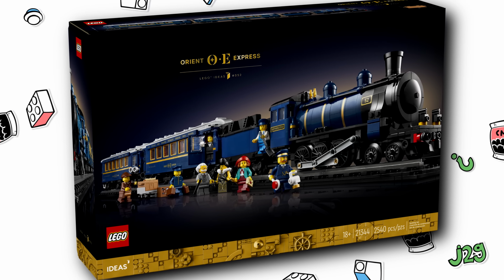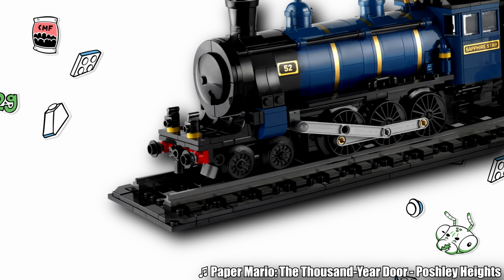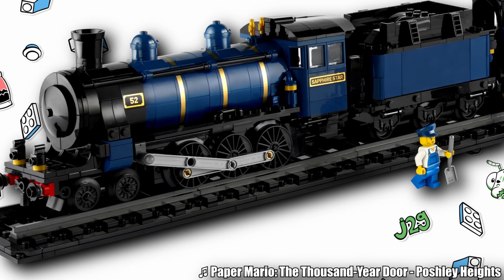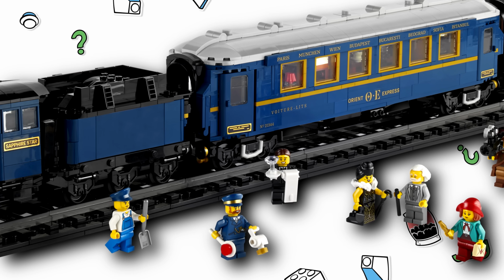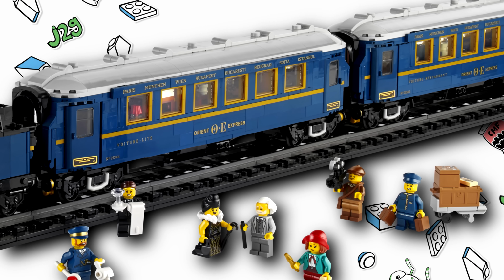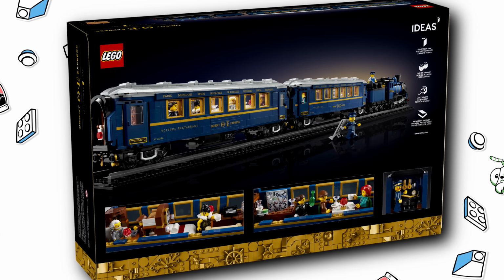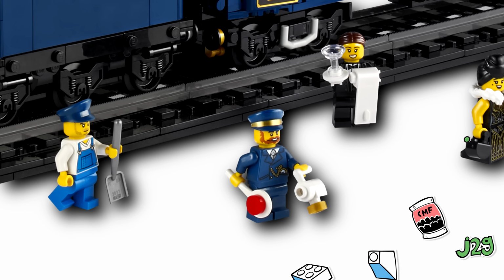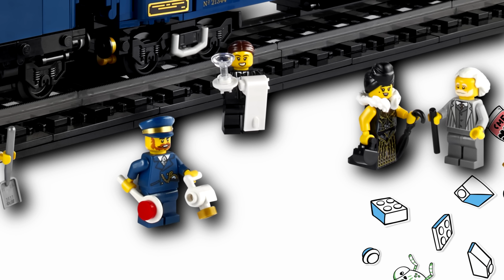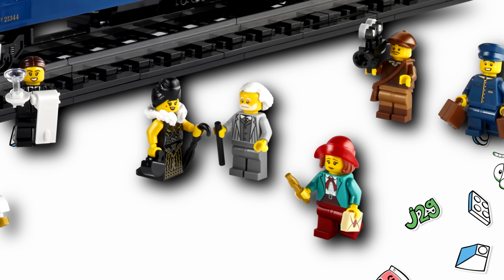The LEGO Ideas Orient Express was finally officially revealed. Like, we had an official leak a month ago, and it took them this long to reveal it, but here it is. This release is the 1st of December 2023 for $300 with a total of 2,540 pieces and 8 minifigures. Now, this does celebrate the train's 140th anniversary, and before I get into the in-depth thoughts of the actual train itself,